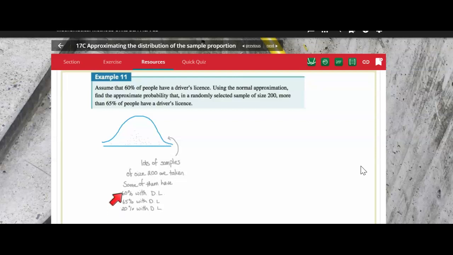What we'll find is that a lot of those percentages will be centred around the middle. If 60% of people in the population have a driver's license, we would expect around 60% of the people in our samples to also have one. Some samples will be less than that number and some more, so we get a normal distribution centred around 0.6. To find the standard deviation of our sample proportion, we use this formula. If I replace p with 0.6 and n with 200, we get a standard deviation of